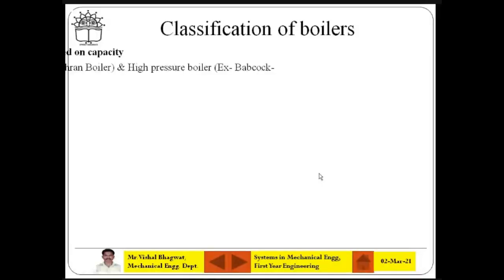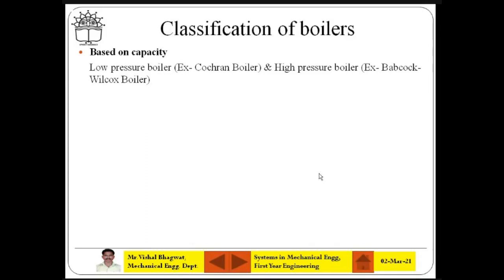Too much disturbance. Anyway, so when pressure is more than 20 bar, you remember this, then such boiler is called as a high pressure boiler. When pressure is able to build up lower than 20 bar, then it is low pressure boiler. Low pressure boiler can be used for certain application. Of course, high pressure boilers are used for electricity generation and then certain food processing. Low pressure boiler also can be used for food processing. Okay, food processing and other applications are there where you want very hot steam.